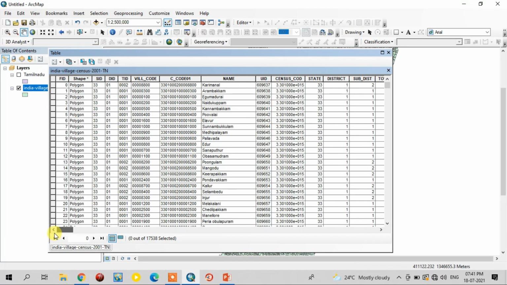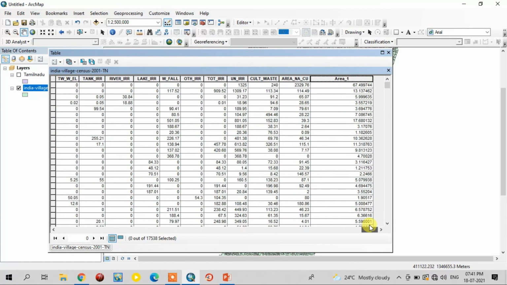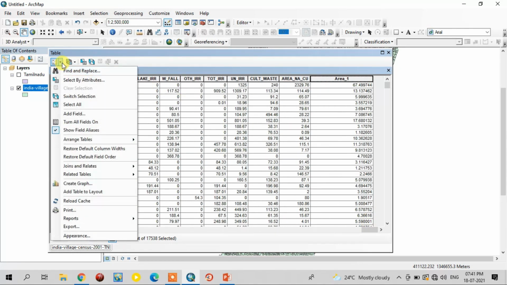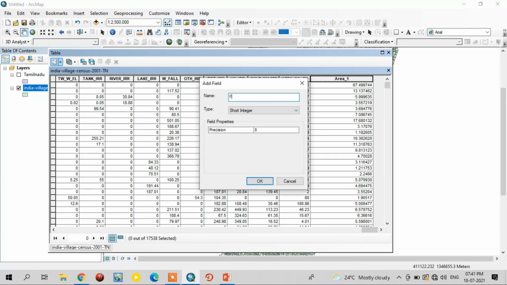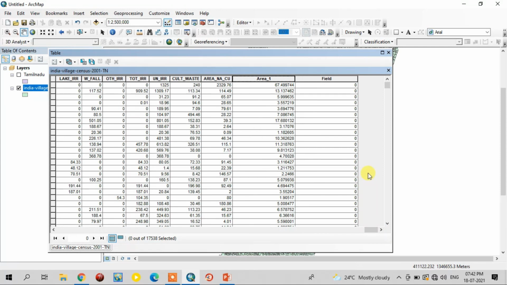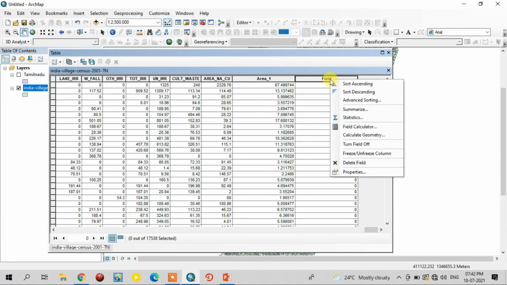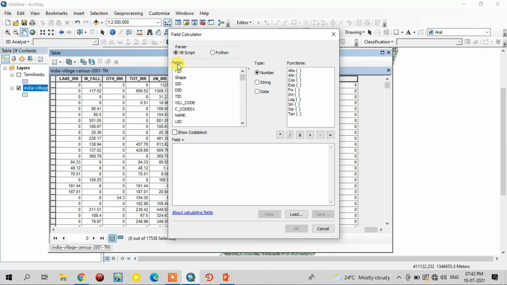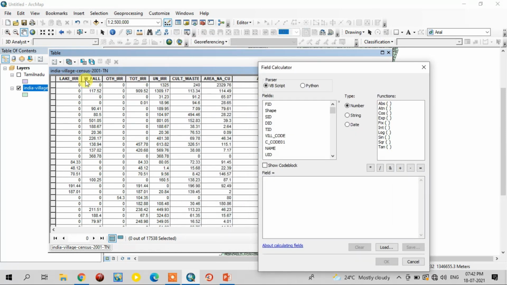Okay, now I am going to explain the field calculator option. Okay, for this I am going to create one separate column, like a field. I roughly named it field. See, now I will explain how to use the field calculator. See, just right click on the column. Here the field calculator option is there. In that, all the field titles, see, these are all field titles, right? All the field titles are presented here.